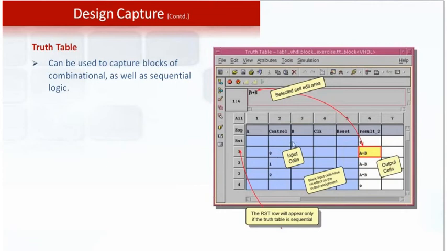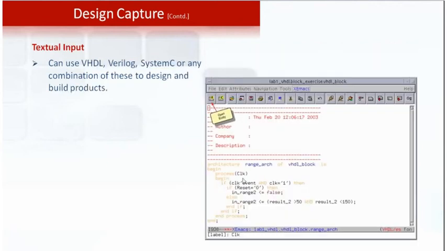So here, as per this example, control is one particular input where I am giving some conditions based on which it will give me the output. And this is textual input. For one particular block, the design capture is taken as the textual representation, in which the architecture part of the design is written here. That is VHDL elements, everything is put together, and then we do the simulation.